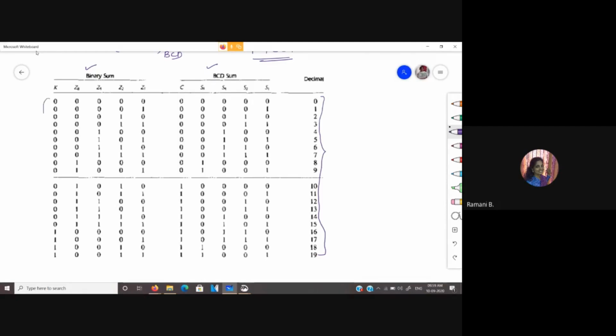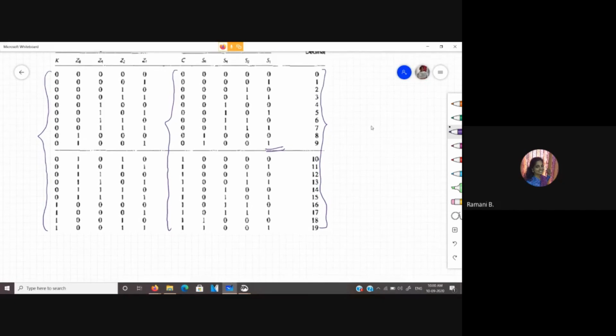This is simply the binary representation of 0 to 19 as it is, and this is your equivalent BCD representation of 0 to 19. Here you can observe that till 9, that is 0 to 9, both binary and BCD have the same representation. Only after 10 the representation of binary and BCD sum differs. So where does the difference come? You need to check that too. With respect to this carry factor only, we have the difference. So how can you implement this?